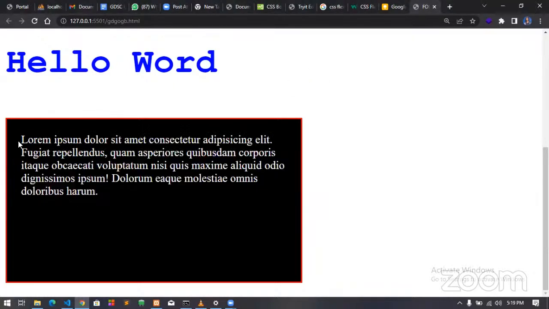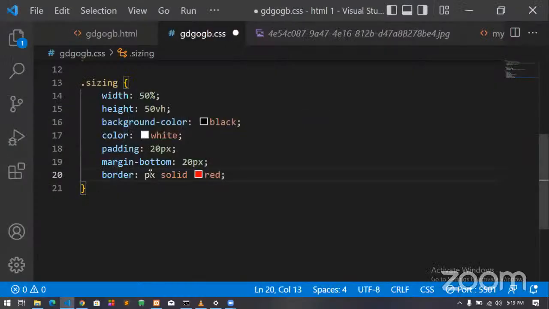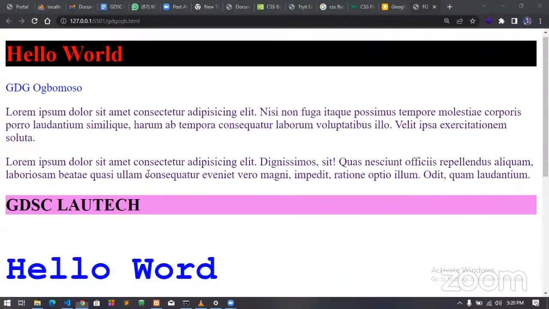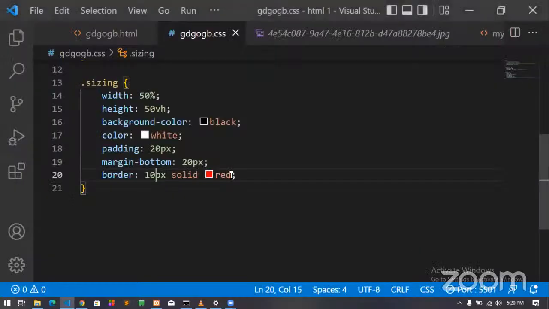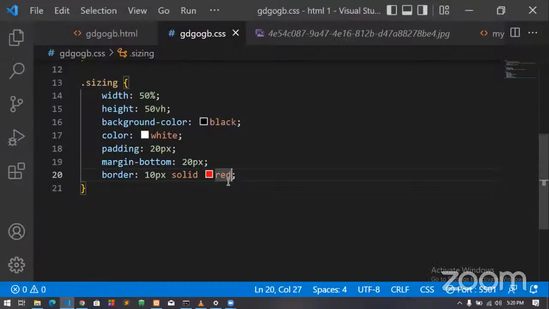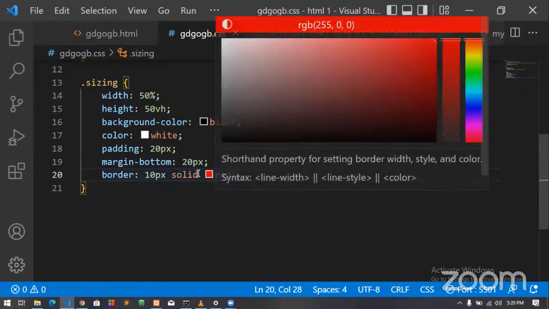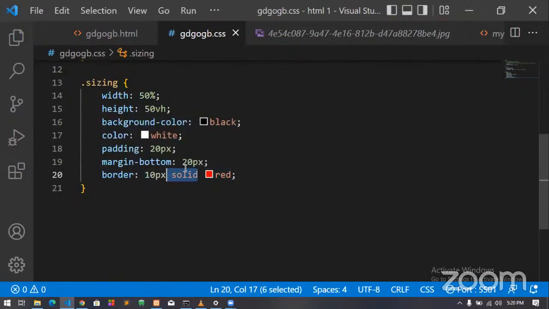So this is it now. If I say, okay, I want this to be 10 pixels, you will see that it will be so thick, like a really thick one. There are ways you can do this one by one, but going into that will take a lot of our time, so I'll just stick with this part. But if you want to learn more, you can do that. This is just how thick you want those things to be.